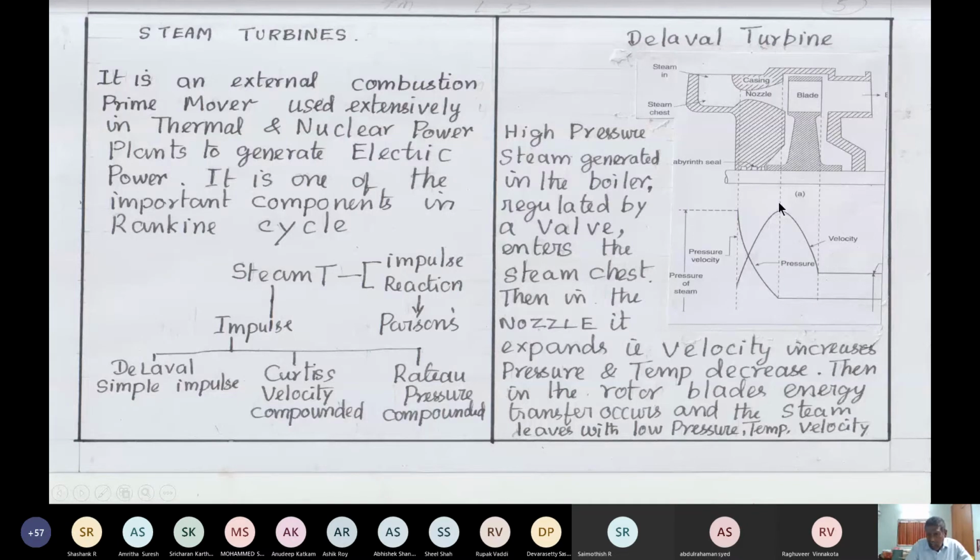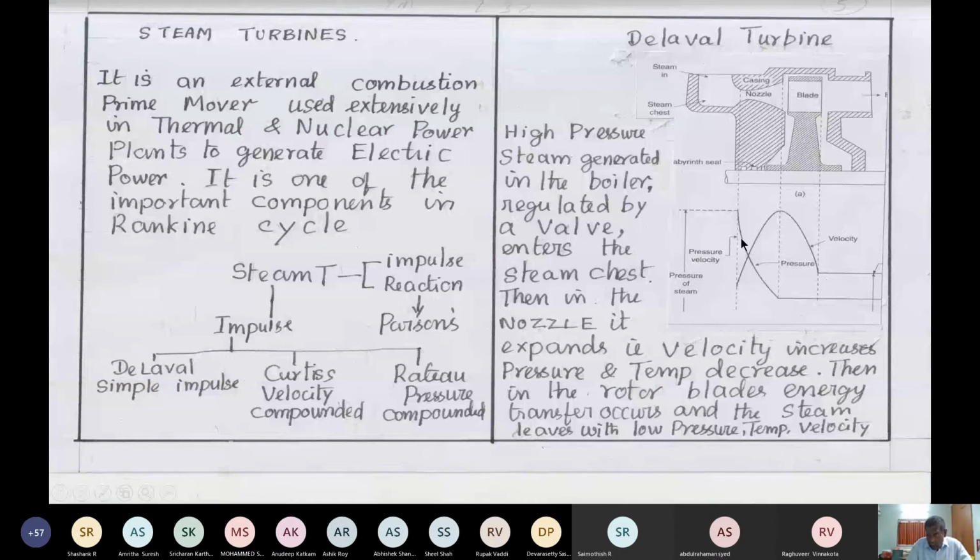Now, when you think of the word expansion, we actually think of an increase in volume. Obviously that is happening, that must be the reason. But for us, the increase in velocity is also important. Along with that, we know the pressure and the temperature will decrease, though only pressure is marked here. If I mark the temperature, that also will fall.